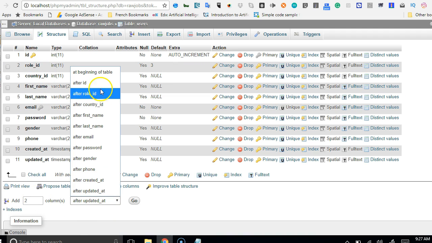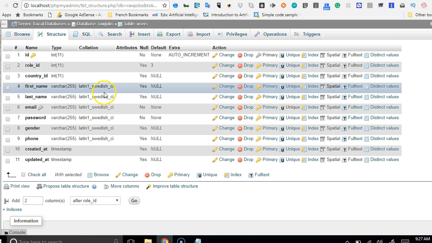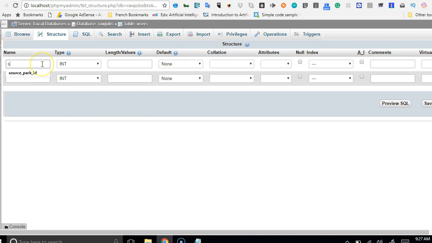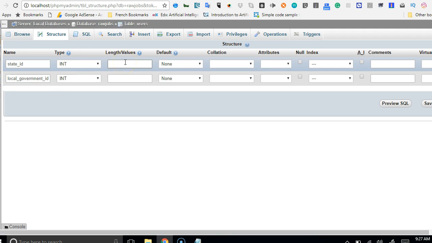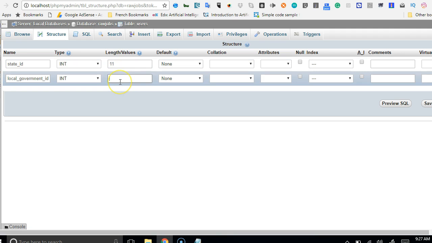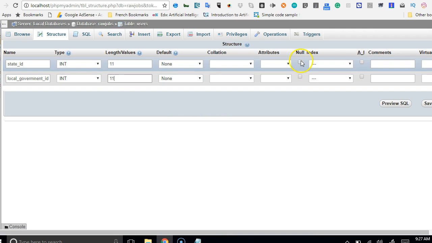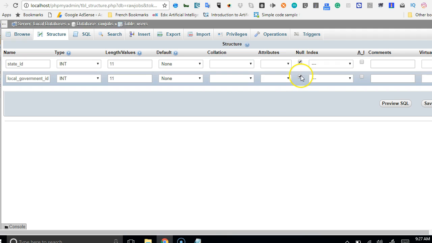One is state ID, one is local government ID. All my IDs, I put them at 11. Not that fewer numbers won't work, and of course they can be null. A user can decide not to choose. Alright, so with this we just click save,